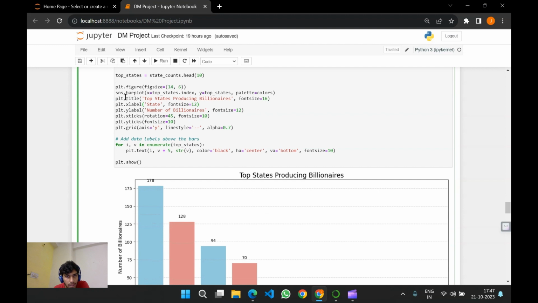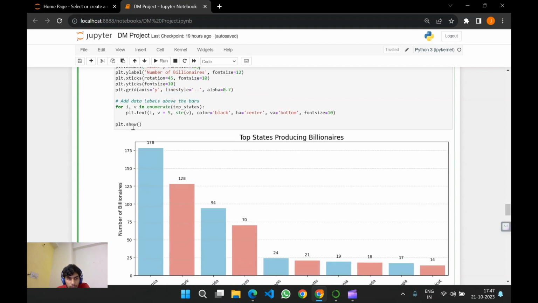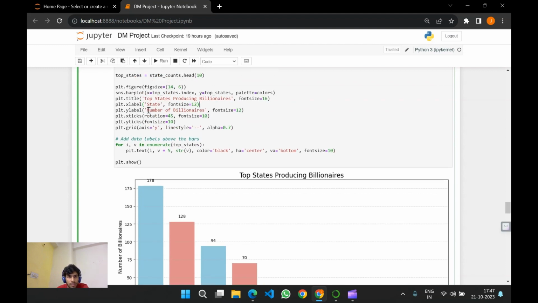Here sns.barplot is where I'll be plotting a bar graph, and the title is top states producing billionaires, with a font size. And plt.xlabel is state, so on the x-axis I'll be plotting the state and its font size, and on the y-axis I'll be plotting the number of billionaires in the font size, and